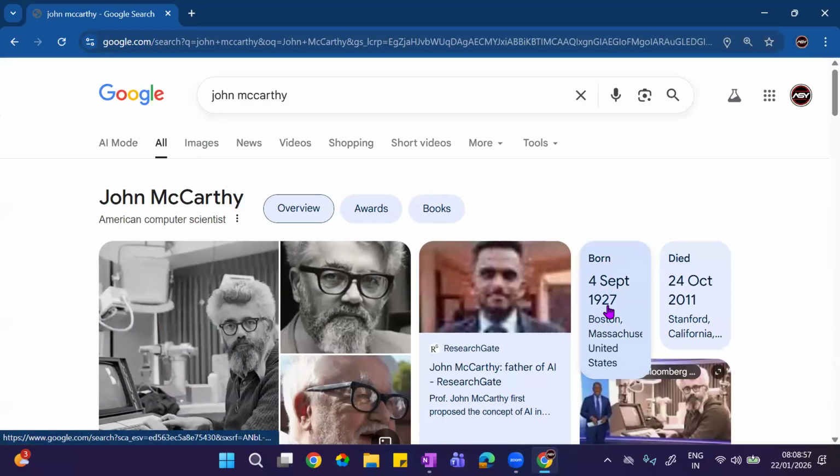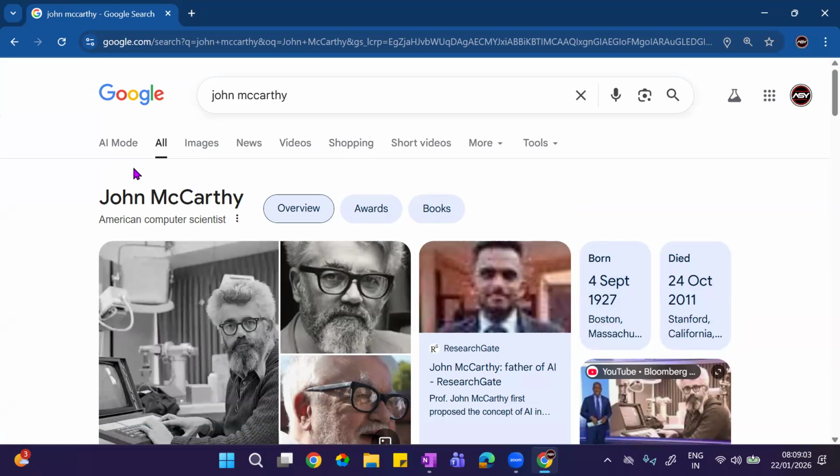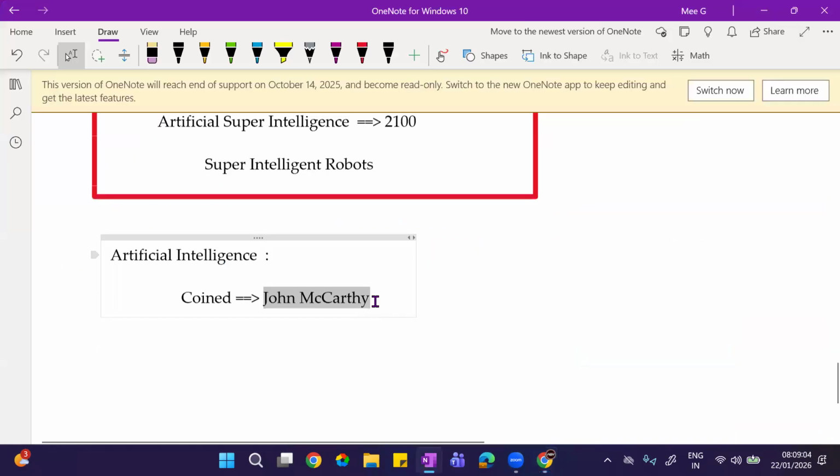Now he lived from 1927 to 2011, when he expired. And now there was a conference held at a college called Dartmouth.